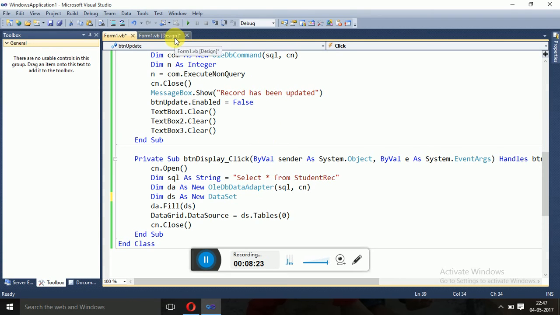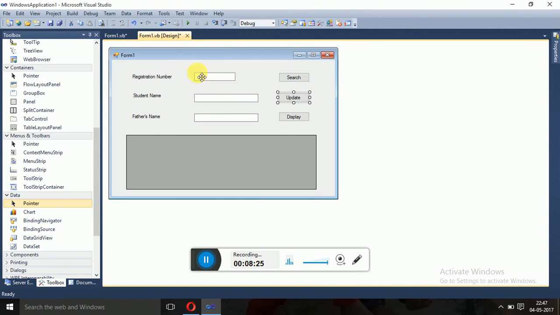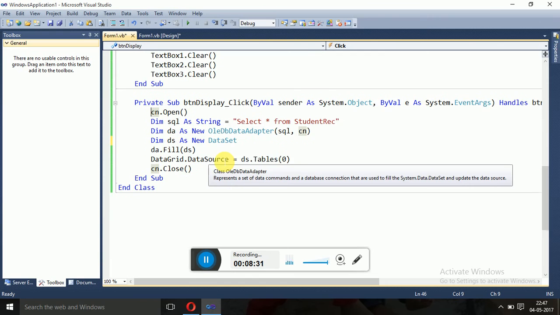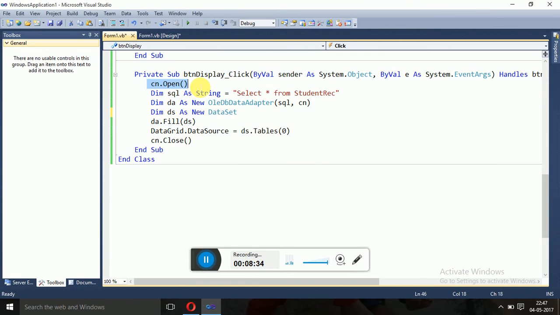Now we have to display the data. For that, again we come onto the form, select the Display button, double click it, and we write the code for this. In this, again we will open the connection, and we write the command Dim SQL As String = select * from student track.